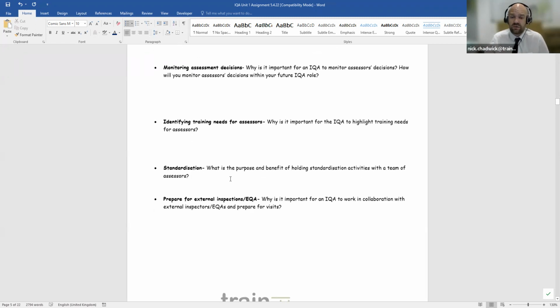Standardization is a very, very important role of an IQA. So arranging standardization meetings. This could be to discuss assessment decisions. It could be to discuss your perhaps current procedures and policies, and just to update your assessors with upcoming visit dates by the awarding body, for example, and